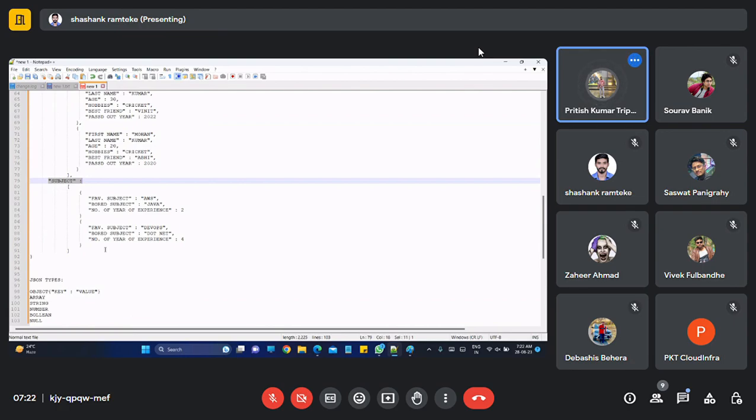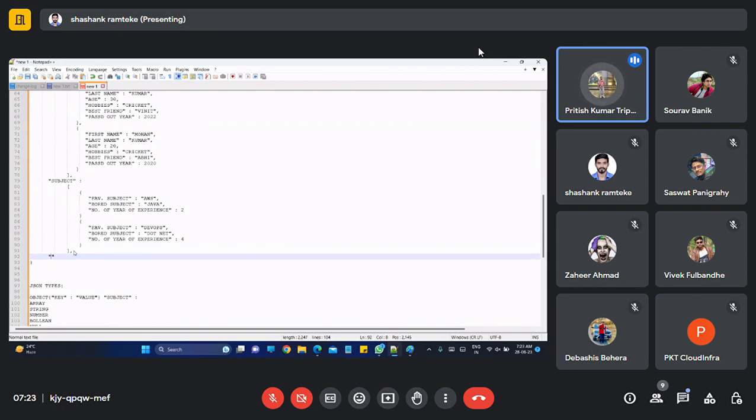And here if I want to define another key, what I will give is a comma, enter, and then in inverted commas I will write college, then a colon, and here I want to specify IIT Jodhpur.